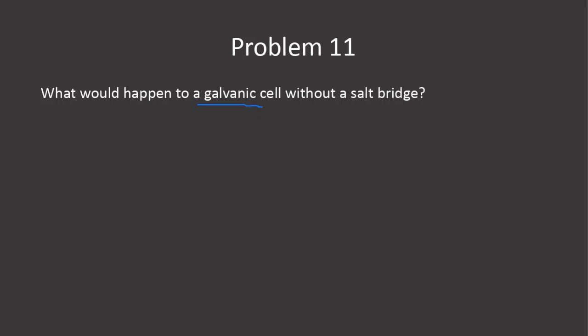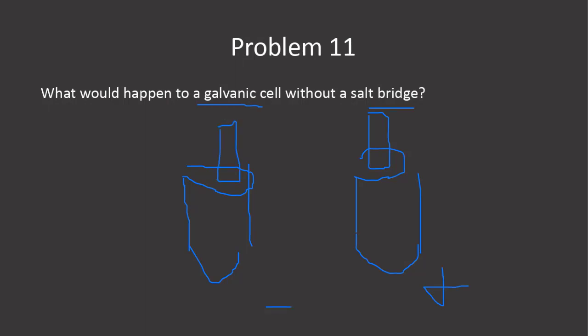So what would happen to a Galvanic cell without a salt bridge? Any guesses? Yeah, it would start. Initially you still have a start with it, it will just eventually stop. Because what ends up happening is you have these two beakers, right? And this side we're going to say is our cathode, positive side, this side's the anode. And then we're going to draw it without a salt bridge. So I'm not going to draw the salt bridge in. So we know that the flow of electrons happens towards the cathode, right? Because that's where we're being produced. So what happens is,